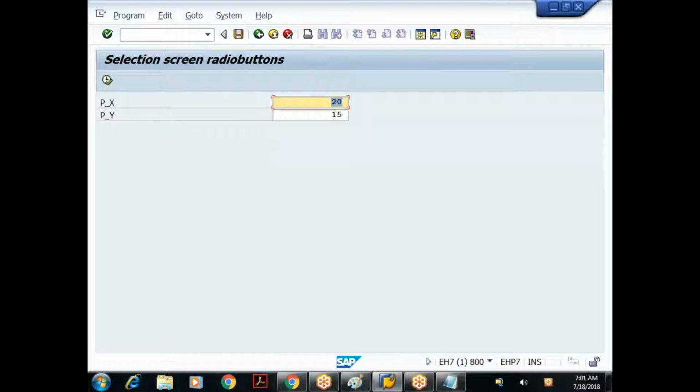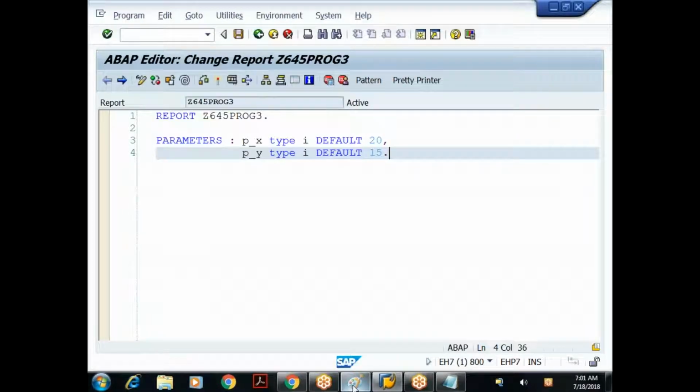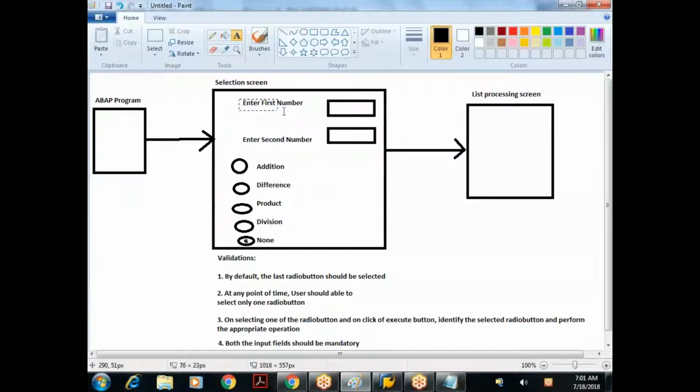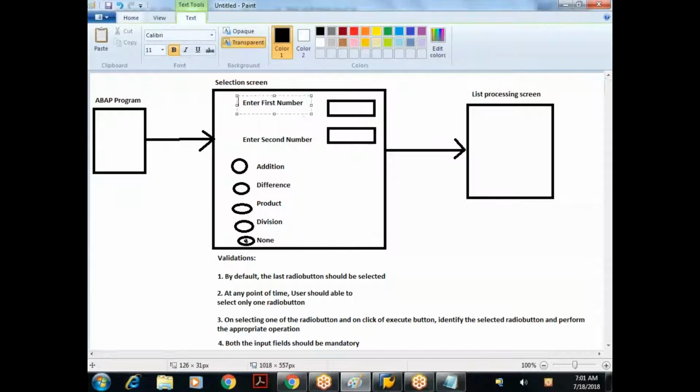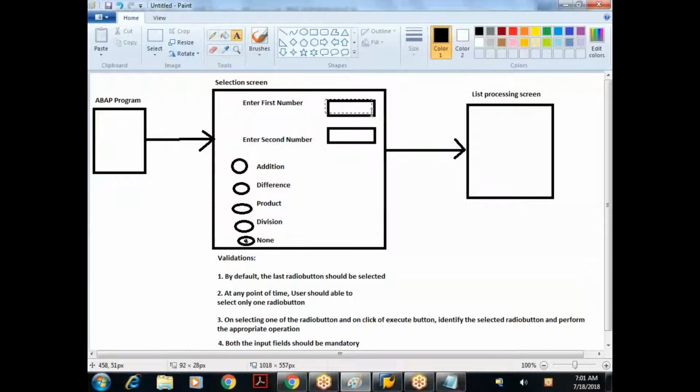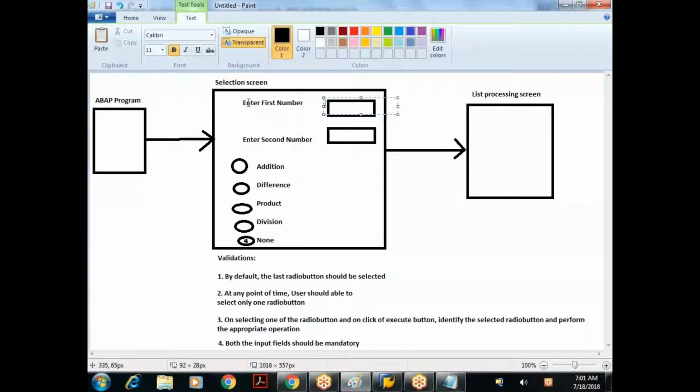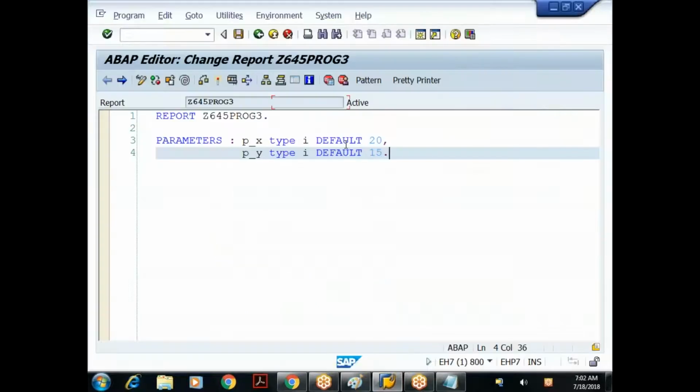The text should start from a particular position. Here this is one line. Try to understand, this is one line and this is another line. So if you take this first line, it should contain some label kind of thing, and it should contain some input field. Understood? So each line should contain one text label and one corresponding input field. So let us see what to do now.